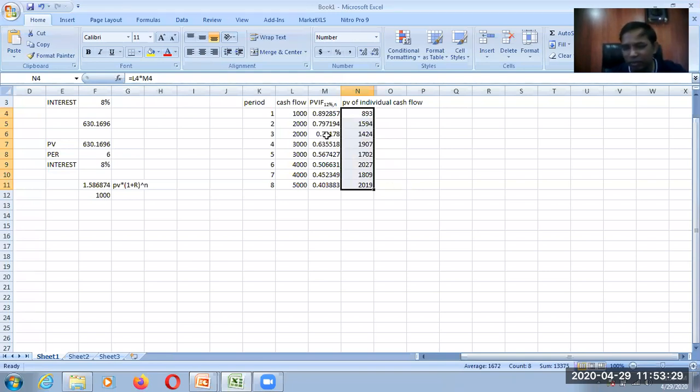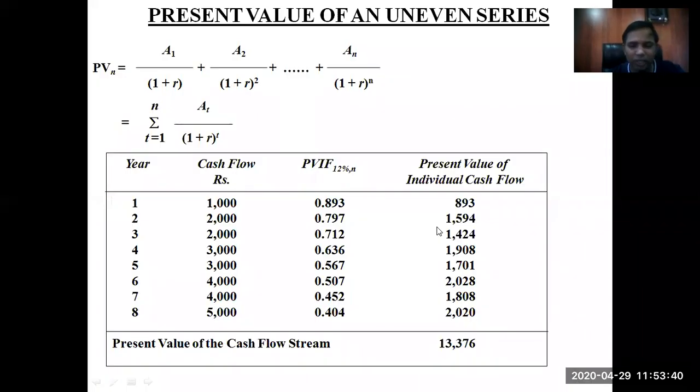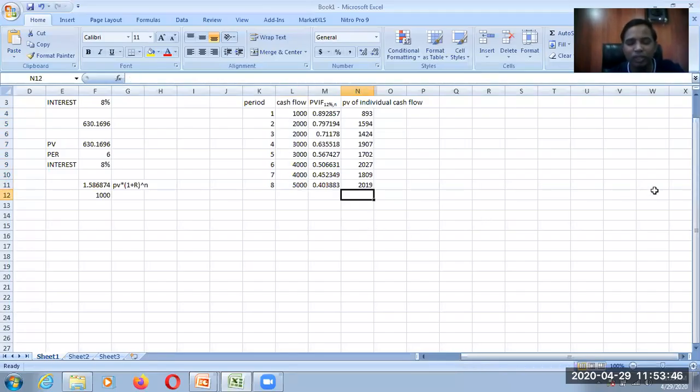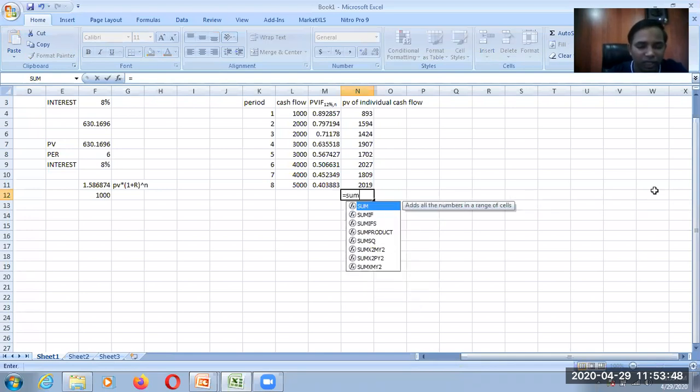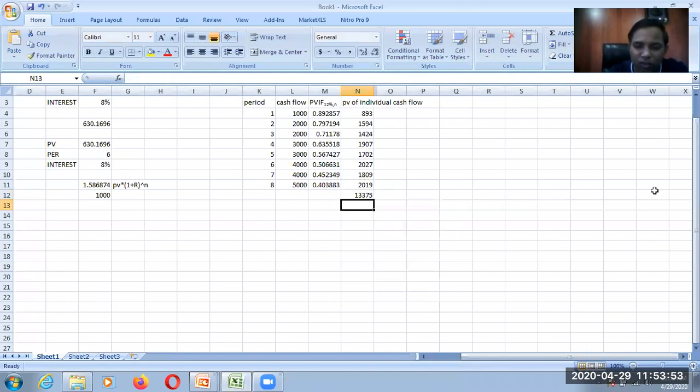Why I'm saying uneven? Because your cash inflow, cash outflow is not even, not the same one. It is changing from time to time. So that is why it is uneven cash flow, and you can find it out. So present value of the cash flow stream. If I want to know what is the total value of this entire cash flow from first year to 8th year, what I'm finding is